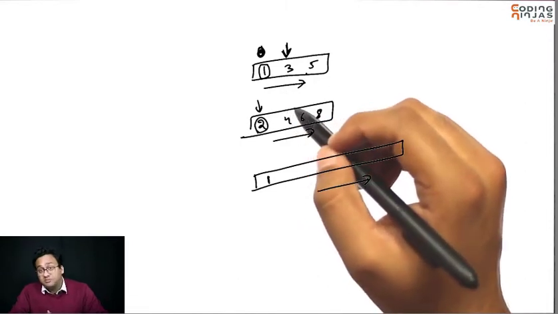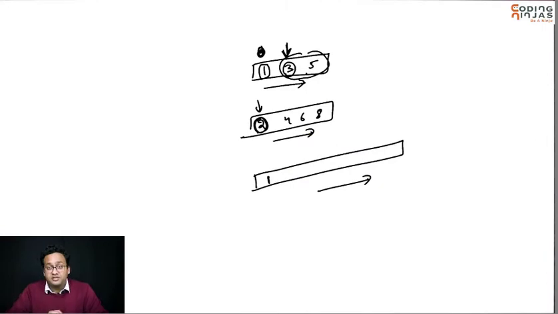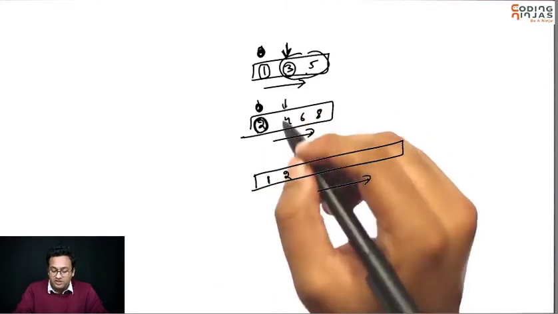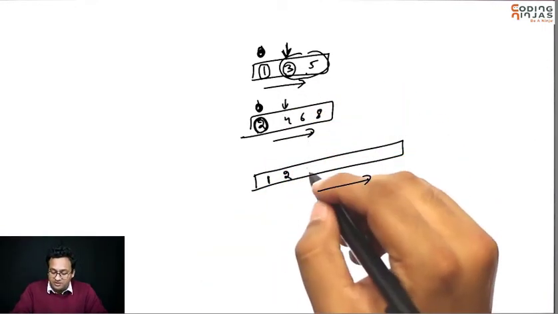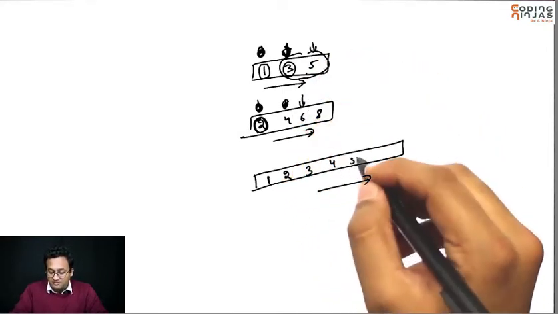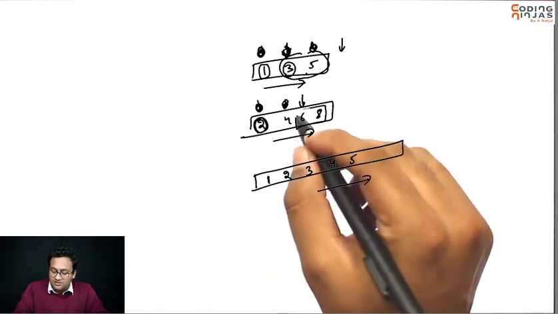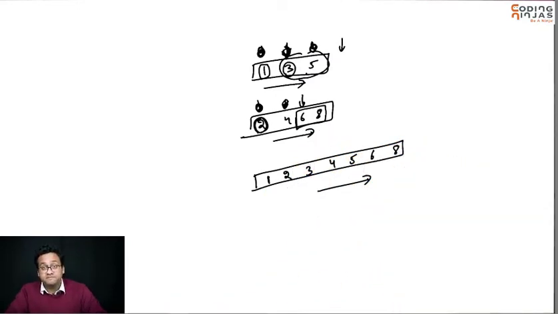Now from the remaining numbers, the smallest of this list is here, the smallest of this list is here. So you again compare these two, put the smaller one here and move it a little. You then again compare, 3 comes here, you move it here, 4, 5 you compare, 4 comes here, 5 and 6 you compare, 5 comes here, and this list is done. Now as soon as the list is done, you can just copy rest of the other list into the output array. And we are done. And this is sorted, right?